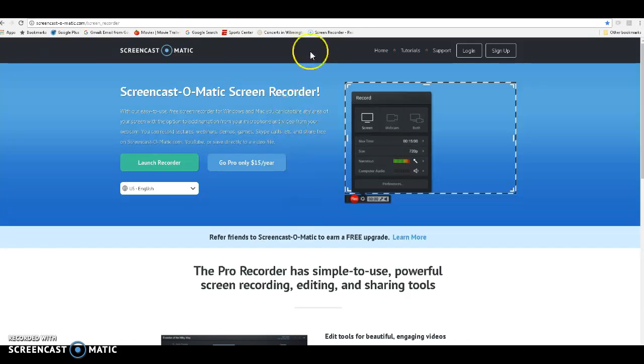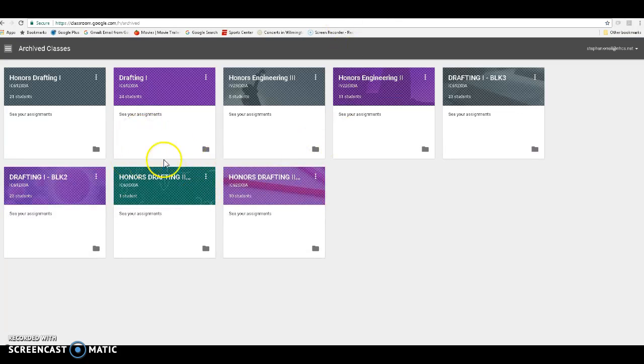I thought I'd lead off with one that is most prevalent, and that is Google Classroom. I have just wrapped up my school year, so all of my classes are archived, but as you can see, I have not separated by any particular order, but just the whole myriad of classes from this past school year between both semesters. And if I were to go into one at random,